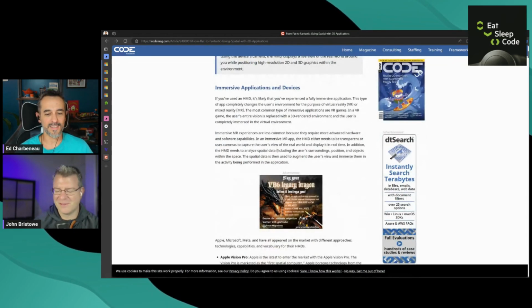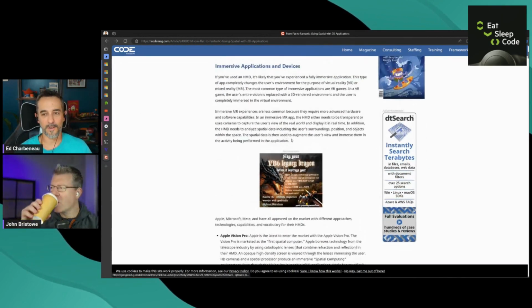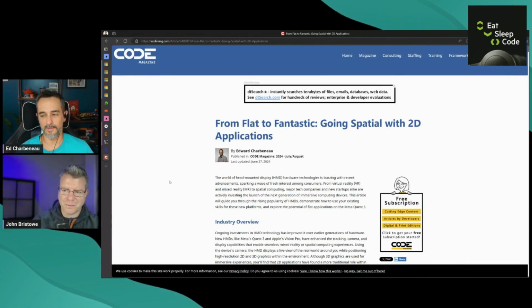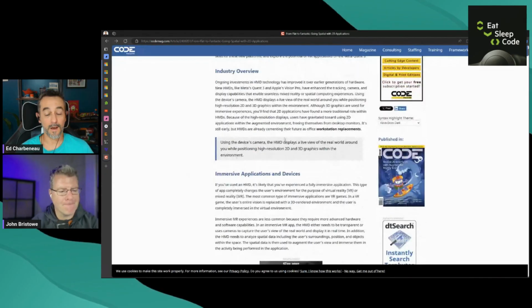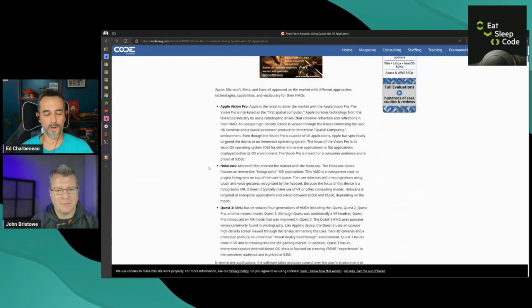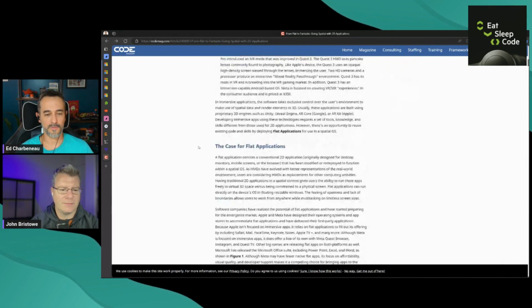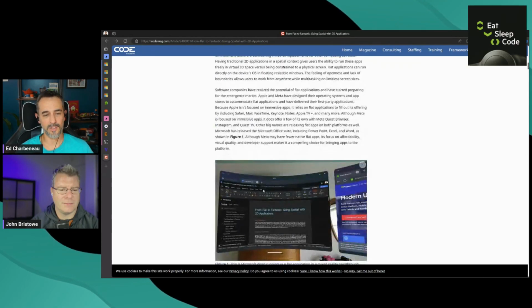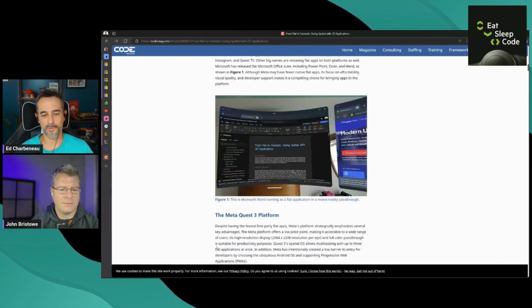Talk about how the landscape of what we use for dev devices is changing. So I use my VR headset quite often to actually just work. I get into what the difference is between different head-mounted displays, what exactly a flat application is. It's kind of just a nickname we gave 2D apps on the 3D device.